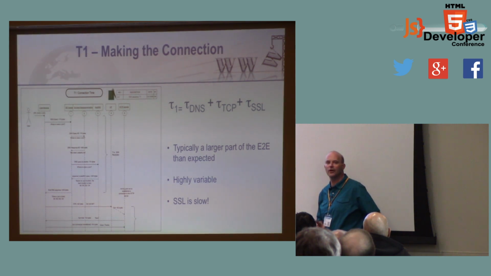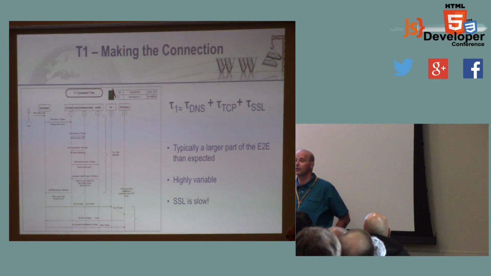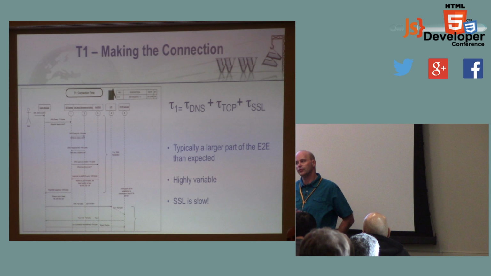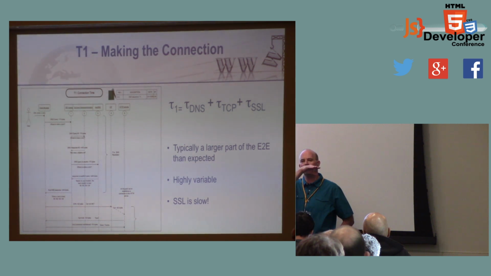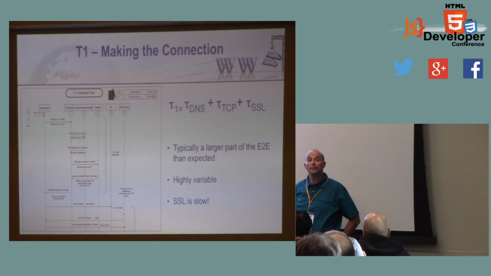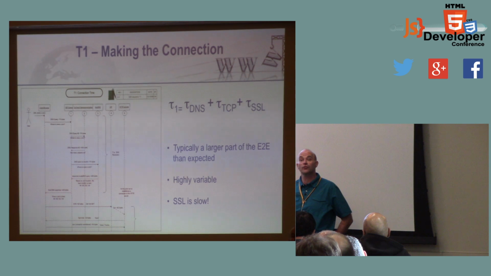OCSP makes SSL slow. There's some other things that make SSL slow. Right? Simply using a 2048-bit extended validation cert is much slower than if you use a 1024-bit cert. And I'll show you data on that. It was very interesting when I saw this data. I actually measured response times for every website that takes SSL on the top 100 websites. And it was very clear in the distribution, bang, these folks are using 1024-bit keys, bang, these guys are using 2048-bit keys. So there's a big difference in performance based on the actual length of the key.